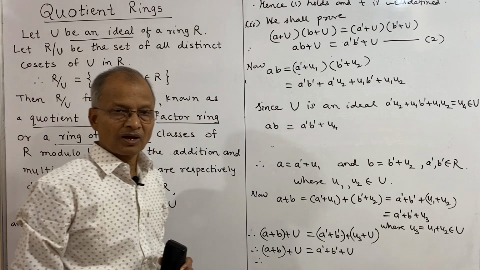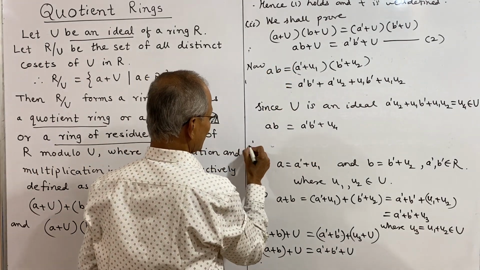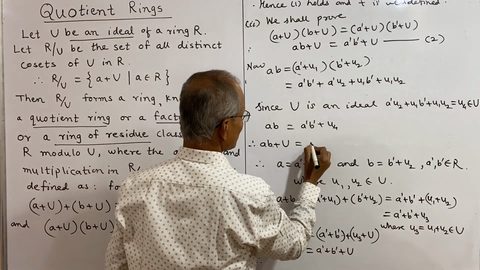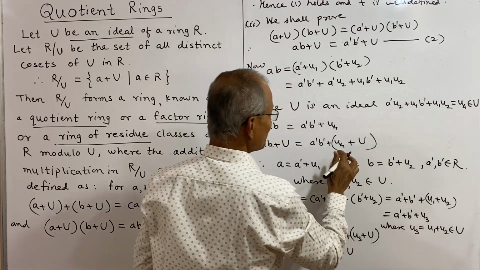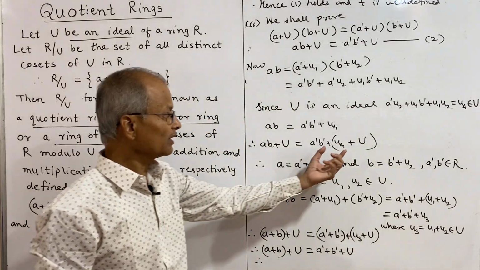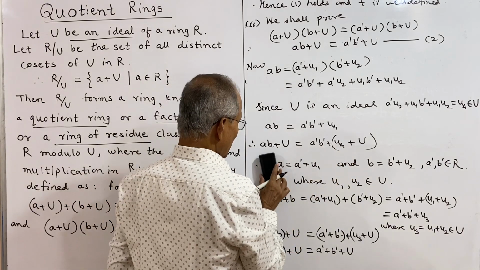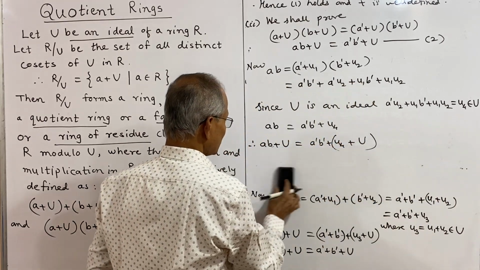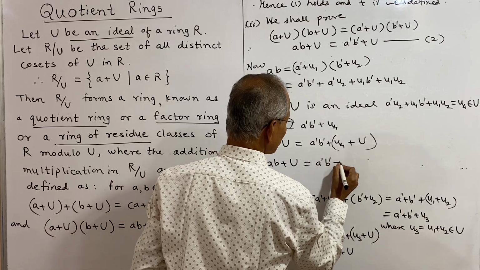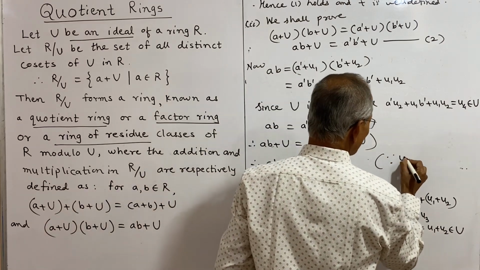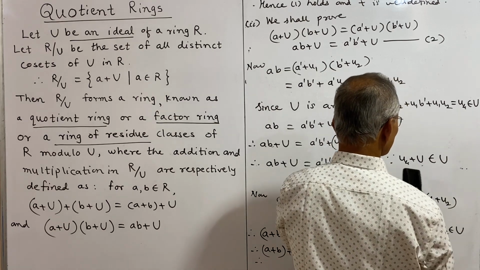u4 belongs to u, and now we shall add u on both sides of this equation. So therefore ab plus u is equal to a'b' plus u4 plus u. But you see, u4 plus u is an element of u, and therefore by closure property this also belongs to u. So thus this can be written as ab plus u is equal to a'b' plus u, since u4 plus u belongs to u, or actually it is equal to u,